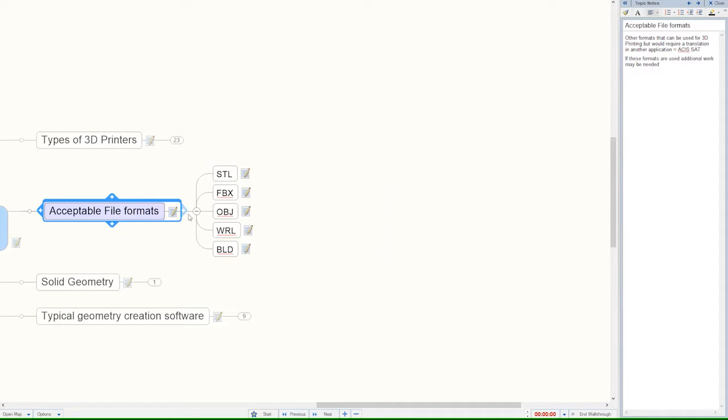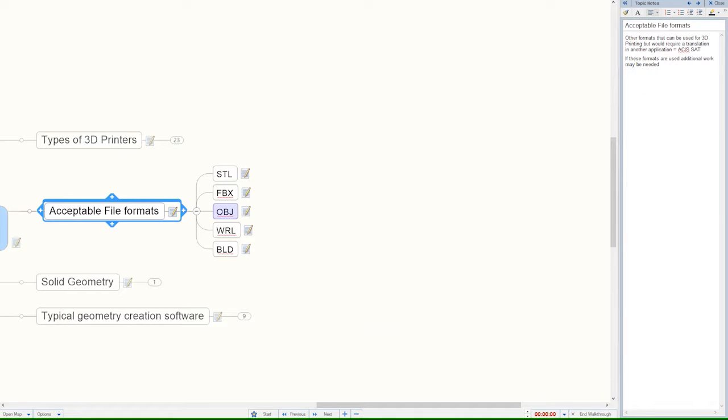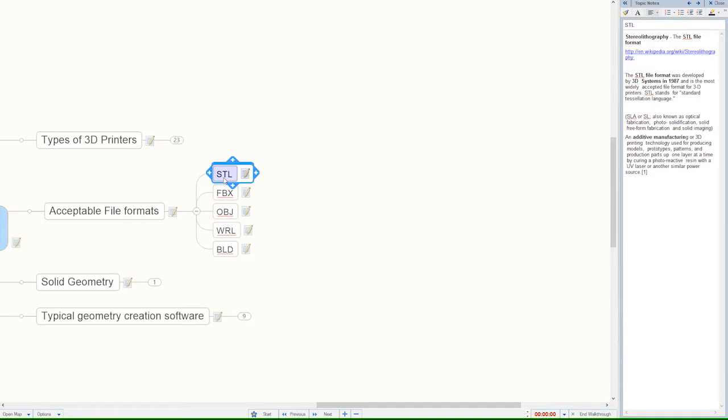So when we're talking about file formats, we have STL, we have FBX, we have OBJ, WRL. All of these individual file formats are exports from your design or your authoring software. So STL is the most common. STL is the stereolithography format, but like I mentioned, STL really stands for